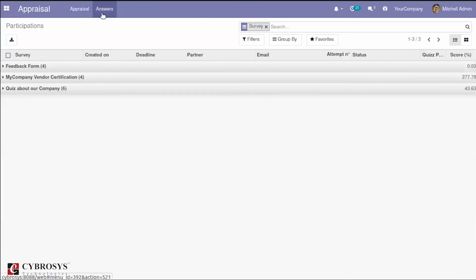In answers you can see all the surveys and survey details, which employees have answered their questions and questionnaires, or who have seen the corresponding feedback form quiz about the company. These are some of the surveys that are made. These are some of the things we can say that we have with the OpenHRMS employee appraisal module.